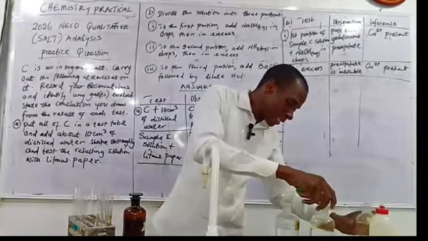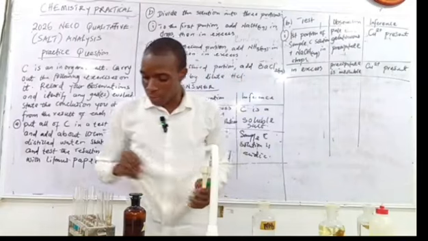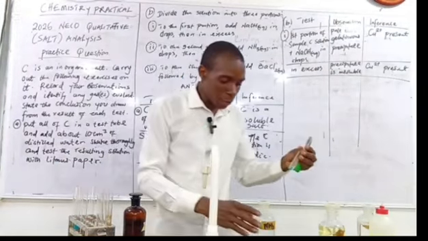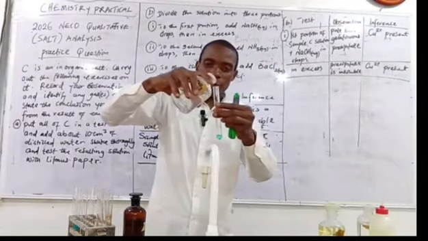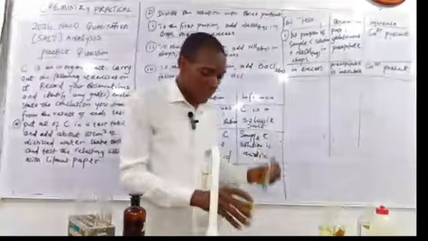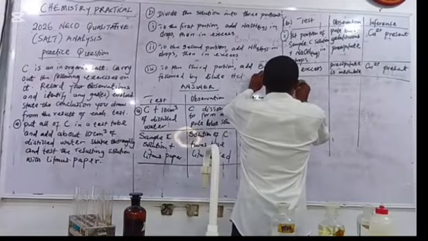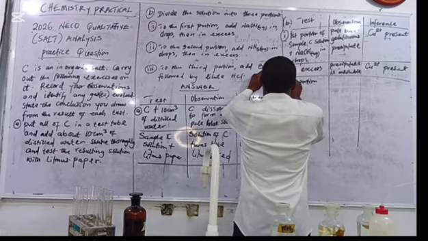We are asked to add ammonia. This is ammonia, aqueous ammonia. Second portion, ammonia in drops, just very small in drops. If you add in excess, it will give something else. So we try in drops first. Or second portion. So this is